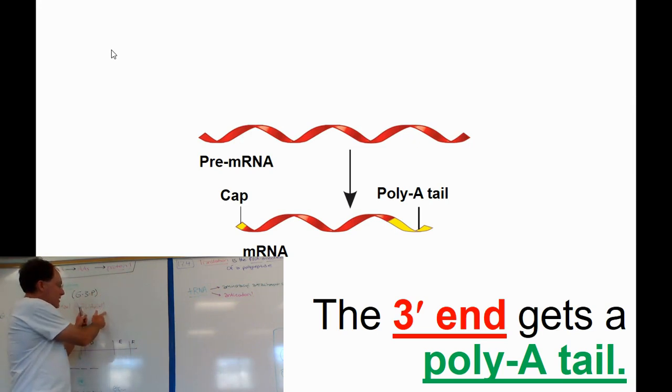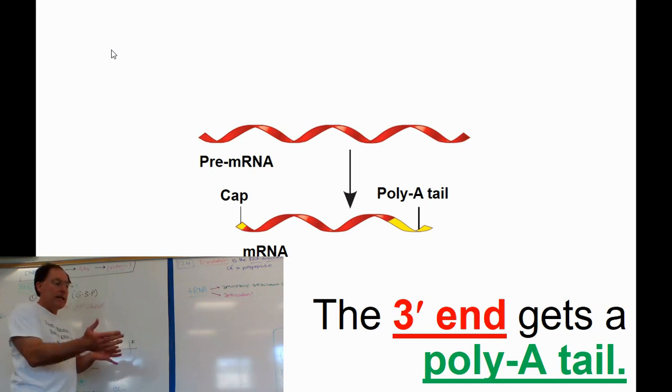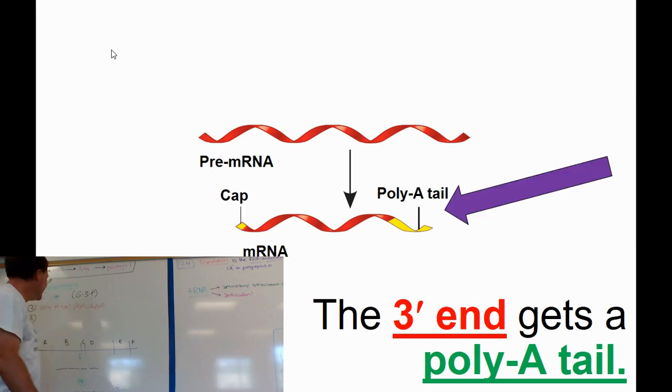But the longer you have this nonsensical tail on there, the longer that the mRNA will exist in the cytoplasm and the more protein will be made. How do they know which proteins to put a 50 nucleotide tail on or a 250 nucleotide tail on? I don't know. Isn't it wonderful? Mysteries of life.